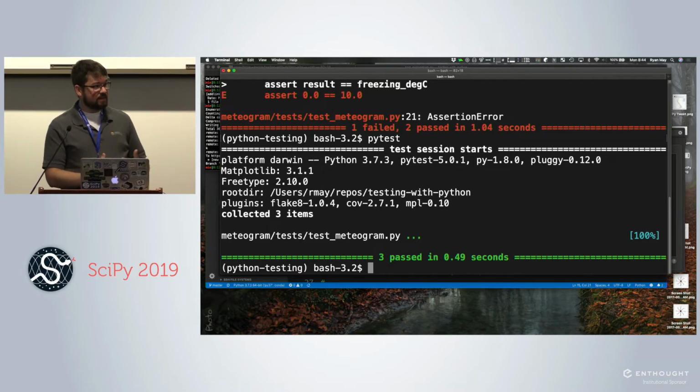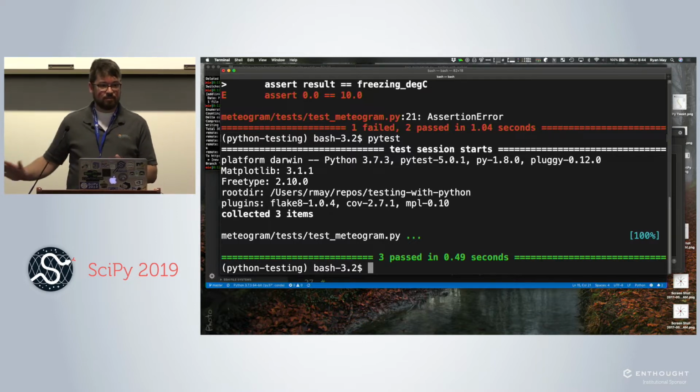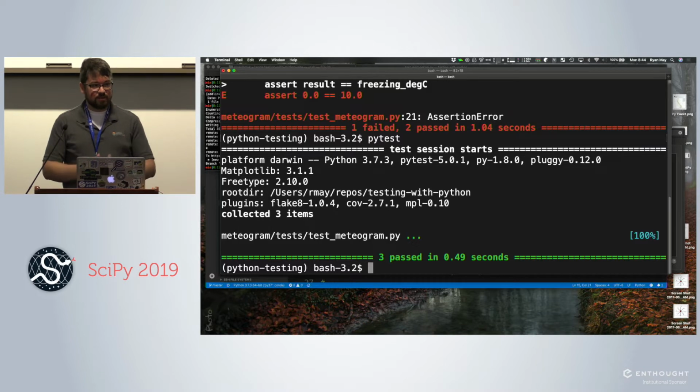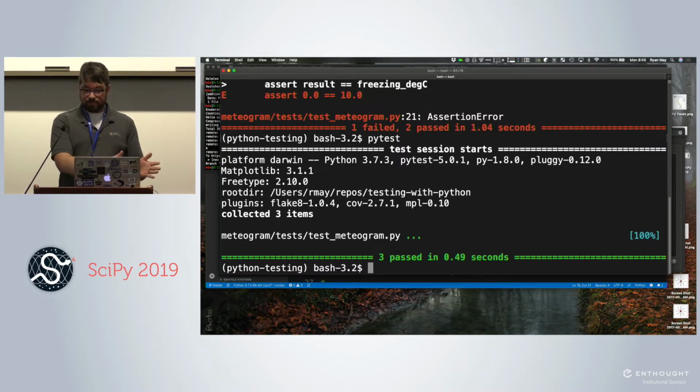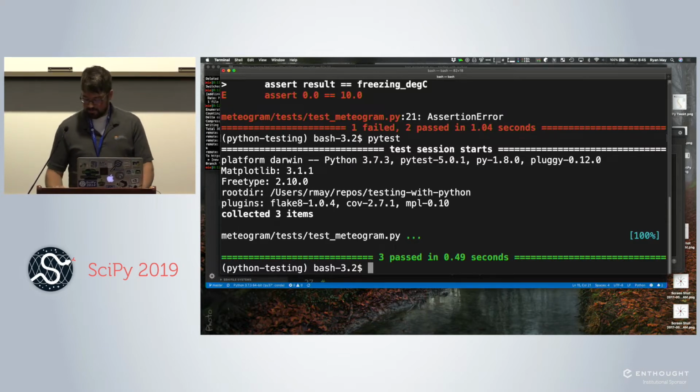I personally, when I'm writing tests, first write the test before I write any production code. That's more of a test-driven development philosophy. You write a test, and that test should fail because you don't have any code that's going to make it pass yet. And then you write just as much code as you need to make that test pass. And then you go write the next test, and then the next test. So I go from the test suite being red, it's not working, to green. And then maybe after I get the test suite green, I go in and clean up some things. This is a pattern called red-green refactor. And it's a really nice way to do TDD on your system.